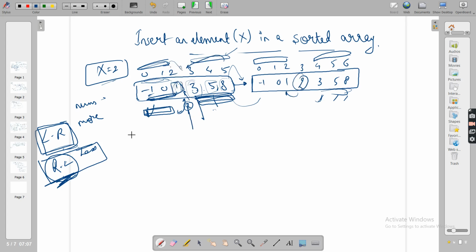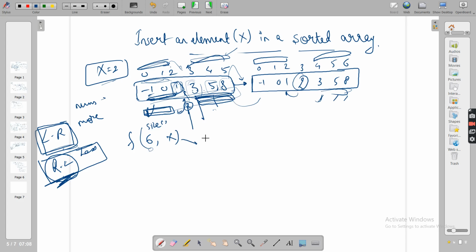See, I'll write a function f. What is its duty? It will take the size as an argument. Initially the size of this array is obviously 6, because the last index is 5, so size is 6. This is your first argument, and this is your x value that you have to insert, which is 2. Let's write it as x for now. So this function's task is to add x in this array of size 6. Now see, guys, 8 is greater than 2. So, because we are using recursion, we will not go one element at a time, which means we are not going for iterations.